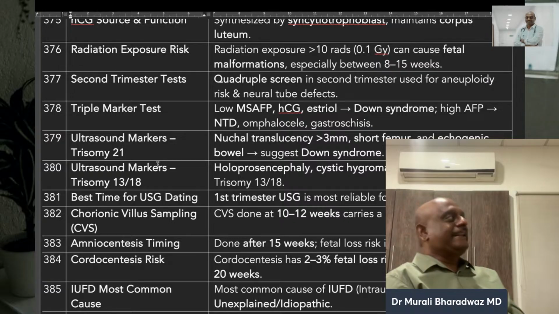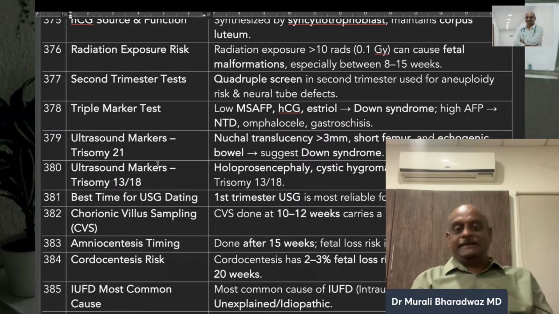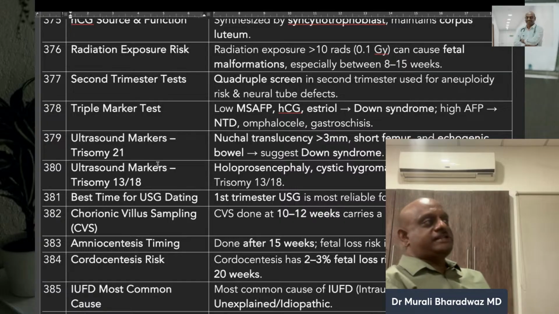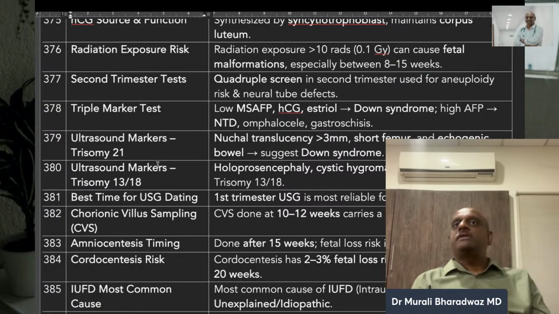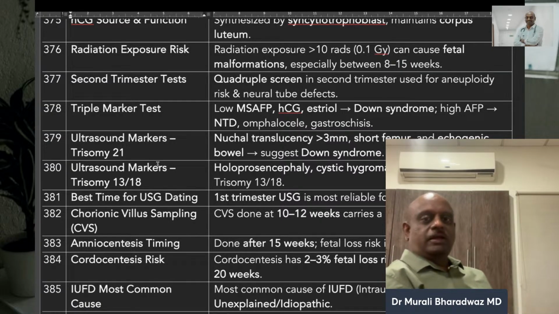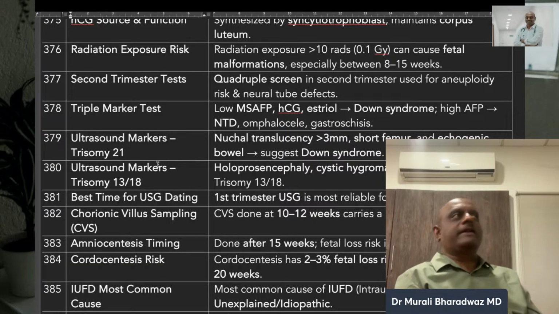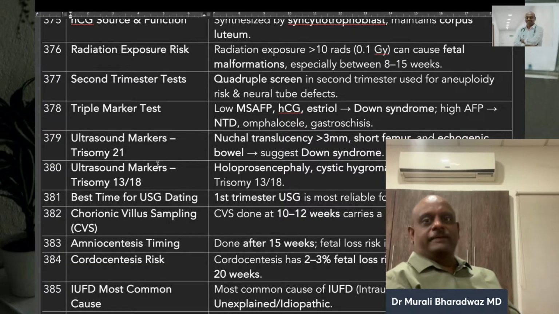Then chorionic villus sampling is typically done between 10 to 12 weeks. When do we do amniocentesis? After the 15th week. Okay. If you want to detect early and do an abortion, then 10 to 12 weeks. Okay? Then